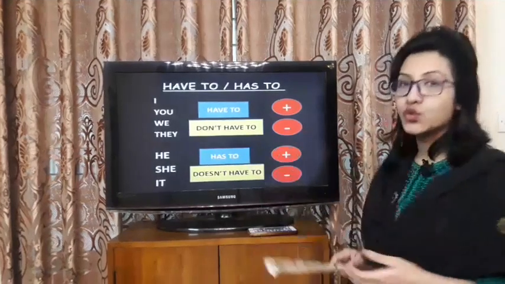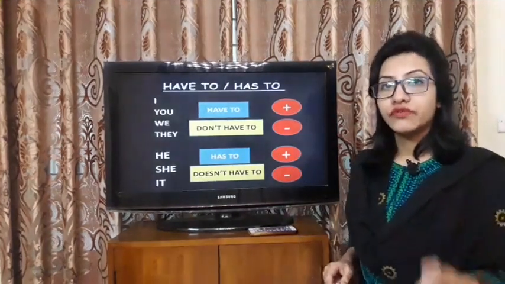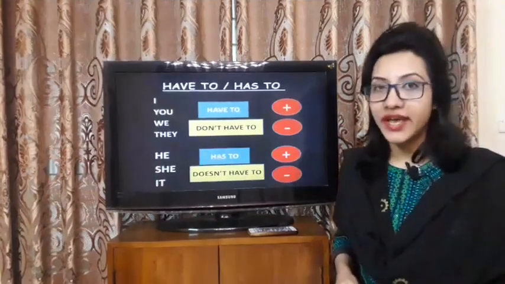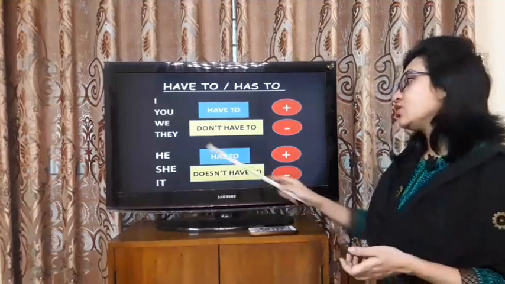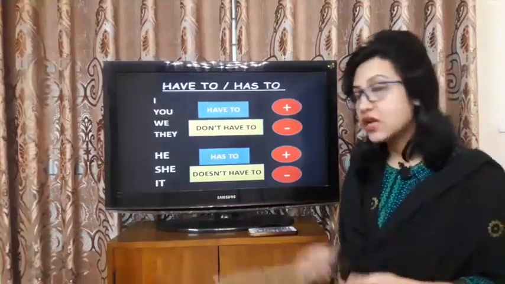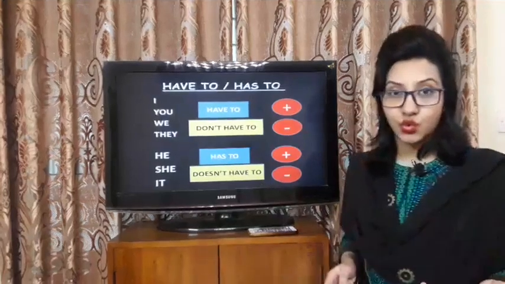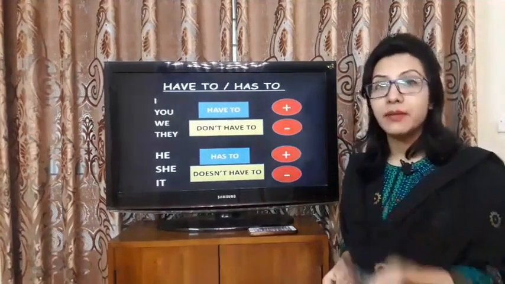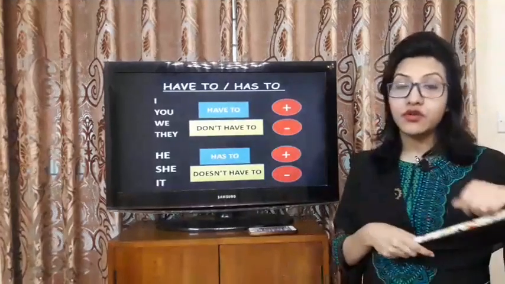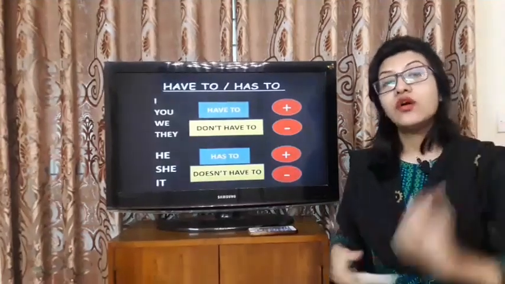He has to follow the rules of the law. She has to file a report against the violence. So when we use third person singular number, he, she or it, we write has to, because we know what comes in third person singular number. But if it is first person, second person, or third person plural number,